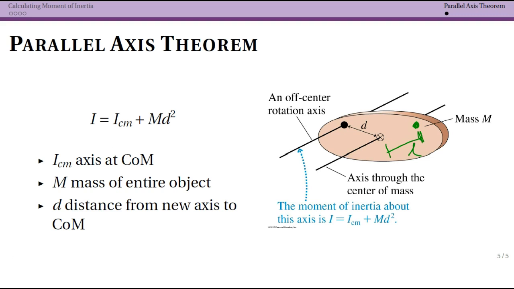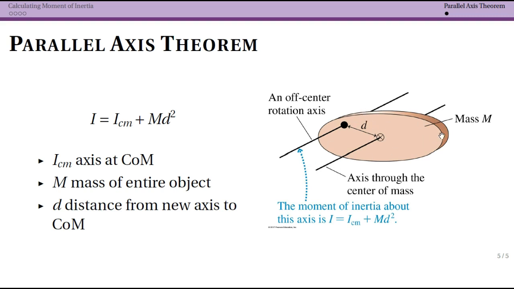Now, one thing I want to point out, the word parallel in the title. Notice that these two lines, the axis through the center of mass and the new axis, are parallel to each other. The lines point in the same direction. If I wanted to instead, and it's always hard to show this in 3D, right? This is some sort of oval shape that it looks like these axes might be perpendicular to the direction of the